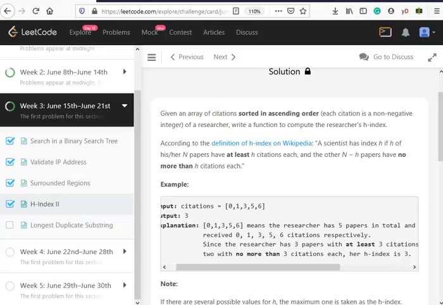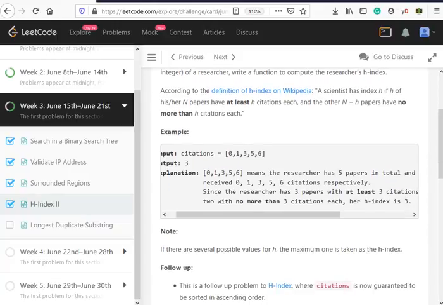So if I talk about a naive solution, what I would do is go to 0 and then check in the remaining parts whether all of them have the same number of citations or not, which is very much obvious in this case. So we need to find the minimum number here which is common between them. Let's say I pick up 0 over here, so 0 is common in all these cases, but it can't be the h-index because the remaining n minus h papers should not have more than 0. So we need to think more, right?